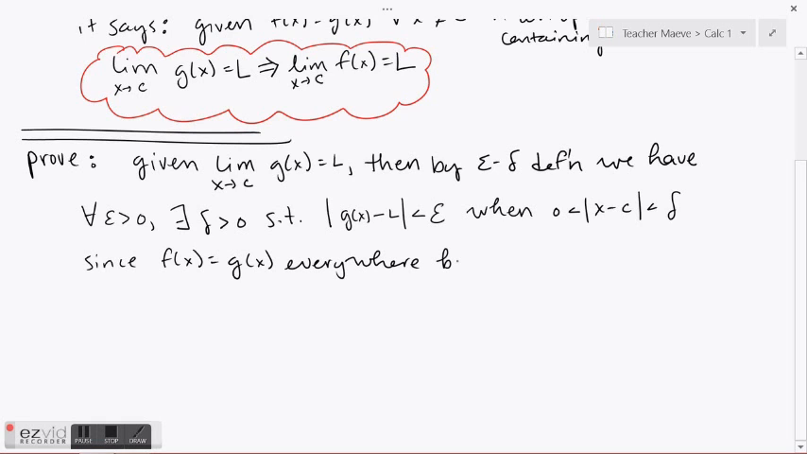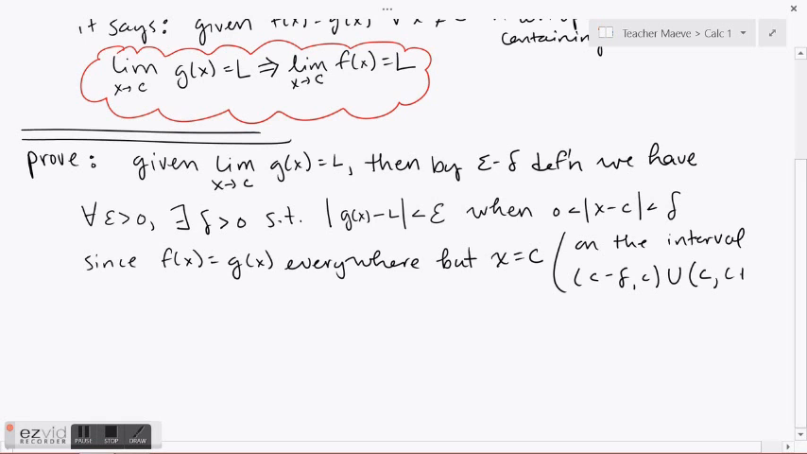Okay, so since f of x is equal to g of x everywhere but c, again on our open interval, and let's even write that interval in interval notation for everybody who likes that or has trouble with that. So c minus delta to c, parentheses, because it's not included, union c to c plus delta, all parentheses since they're not included. Okay, so since f of x is equal to g of x everywhere but c, then the absolute value of f of x minus L is less than epsilon also